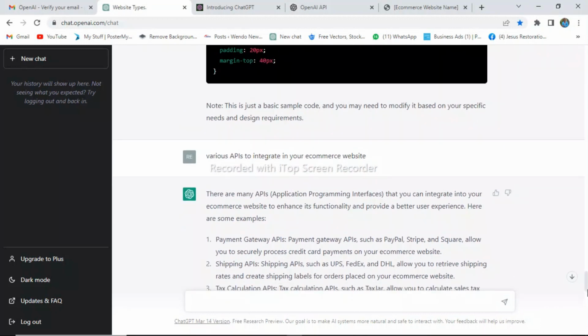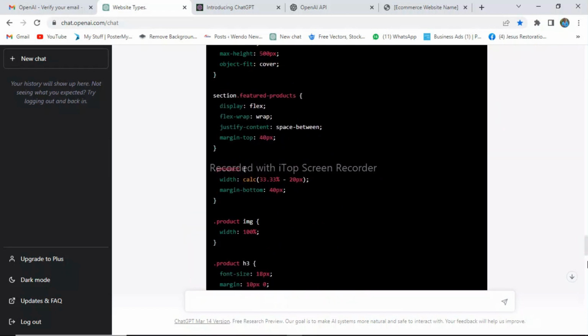Also, you can just use ChatGPT to learn languages, not only HTML. You can learn JavaScript, you can learn Python, you can learn any other languages. You just need to write in your input part here what you need to do or what you want. And though sometimes it may not give you the correct information, it may not give you the exact information, but it can actually help you to grow your skills, to build up very great